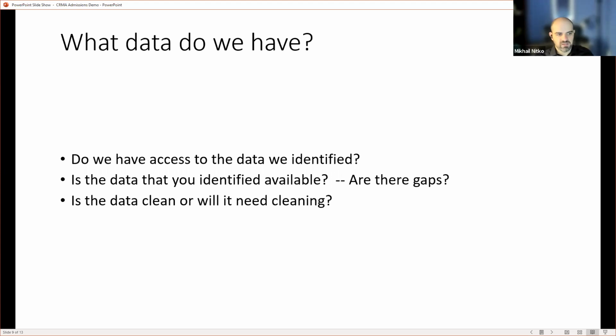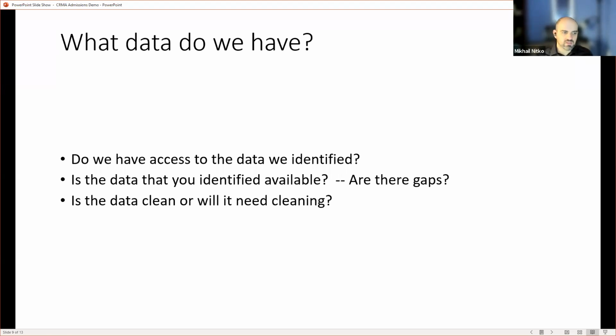And then you say, is the data that you identified available? Are there gaps? Meaning that, let's say you identified a certain field, but that field has been filled in for only half of the prospects that you're looking at. So that's a 50% gap in all the prospects for whom this data is available, which is going to create something called data skew. And you might want to omit that, or you might want to change your model to simply say, for all the people for whom this field is available, show me what correlates. It might be a really important field for which parts are missing, and this is how you might want to filter down, because the answer might be that important to you.